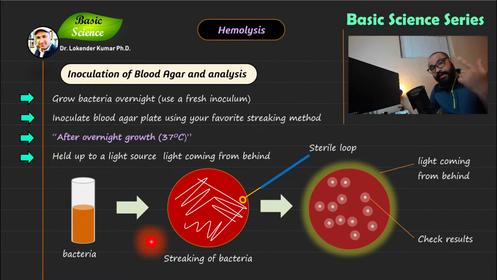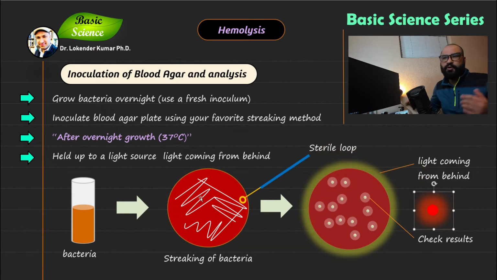And I have already explained how to prepare the blood agar and different facts about the blood agar. You should check that video. After streaking, you can read the hemolysis by using a light source. So basically, this is a protocol you can use to detect the zone of hemolysis on the blood agar plate. Now we will move on to the next slide, where I will explain beta hemolysis first,